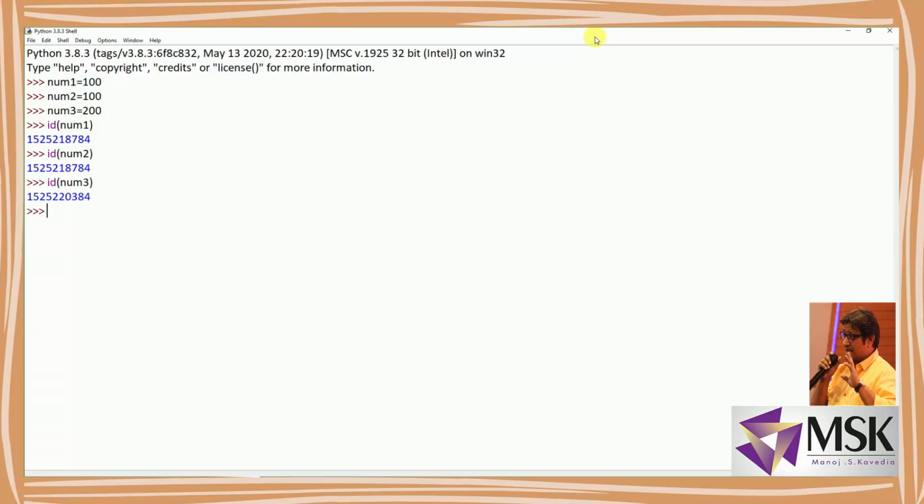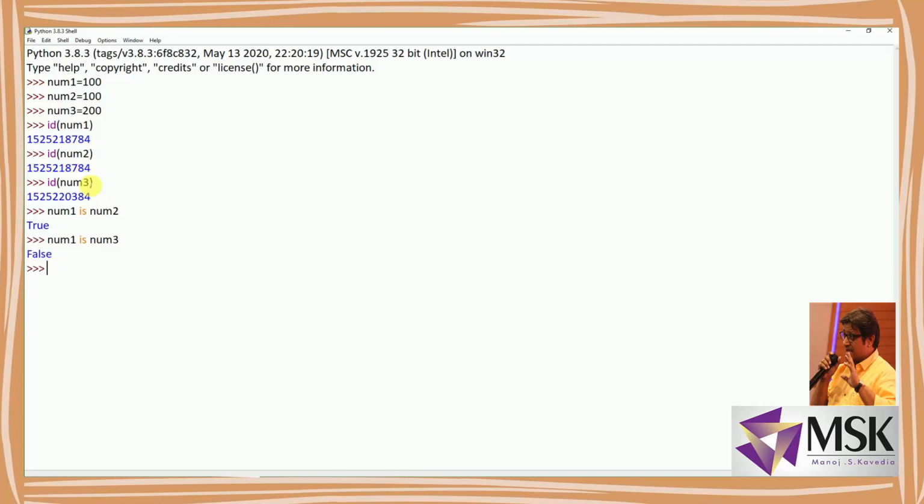So you can see the id of num1 and num2 is the same. So if I write num1 is num2, it will give me true. Why? Because both have the same id. Now num1 is num3. Now see, even though they are both of type integer, they have different ids.